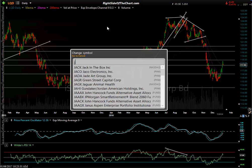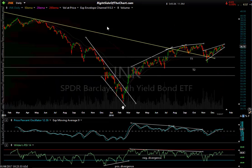Now, the other bond class that I watch are junk bonds. Junk bonds, some of you may know, are the one fixed income class that actually trades much more in line with the stock market and equities than it does interest rates. Government bonds, high quality corporate bonds, municipal bonds, those are typically more interest rate sensitive, and that's what drives their prices, whereas junk bonds, although there is an interest component to them, certainly they're the highest yielding bonds, but